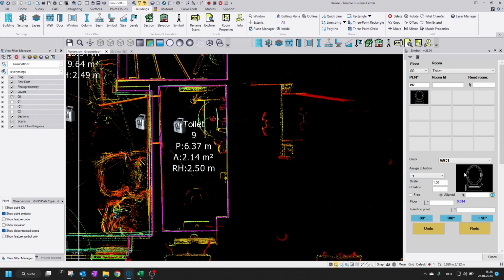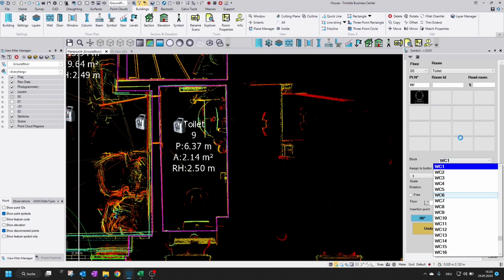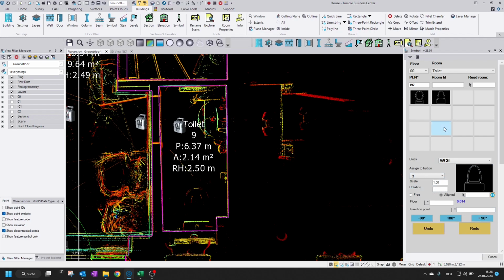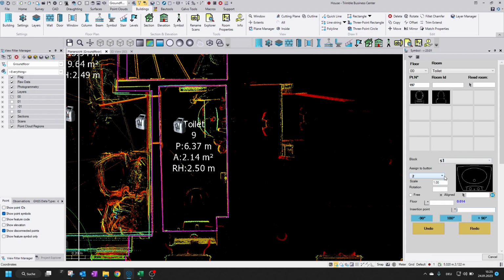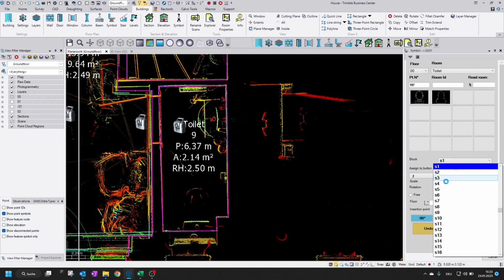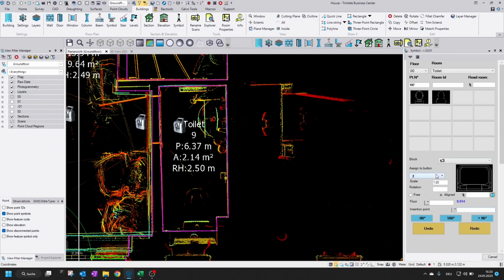So from now I don't have to look for that. Then in some cases WC6, so I assign it to button number 2, and then some sink, for example, there are like 200 blocks already predefined in the template file. So this one is my standard sink, so I am assigning it to button number 5,